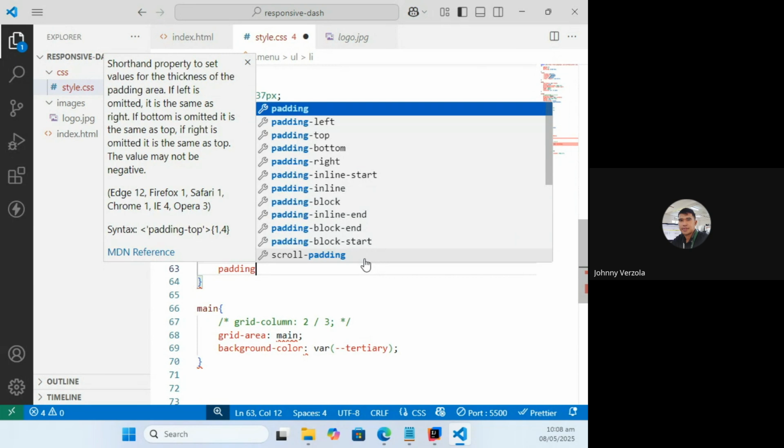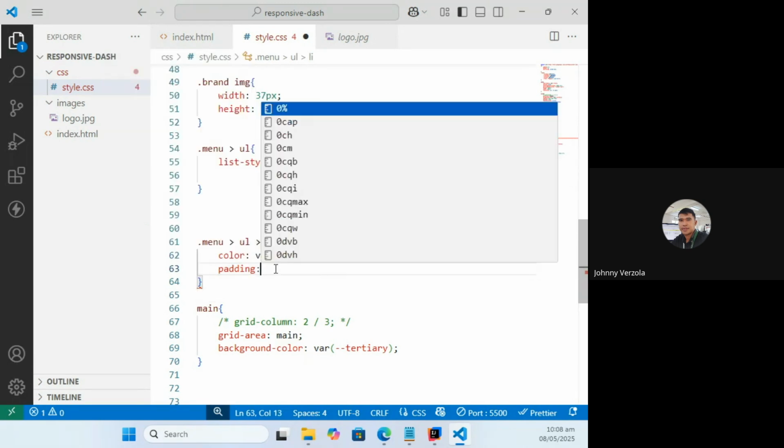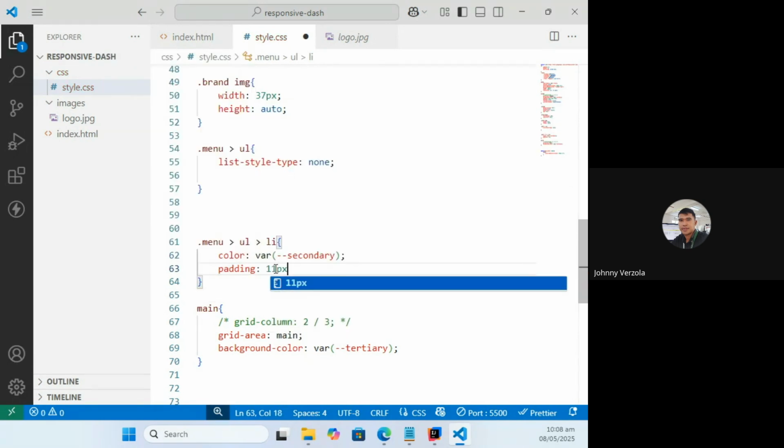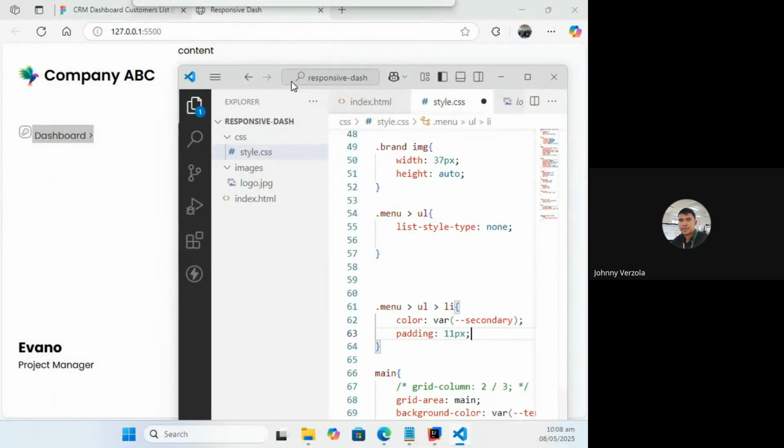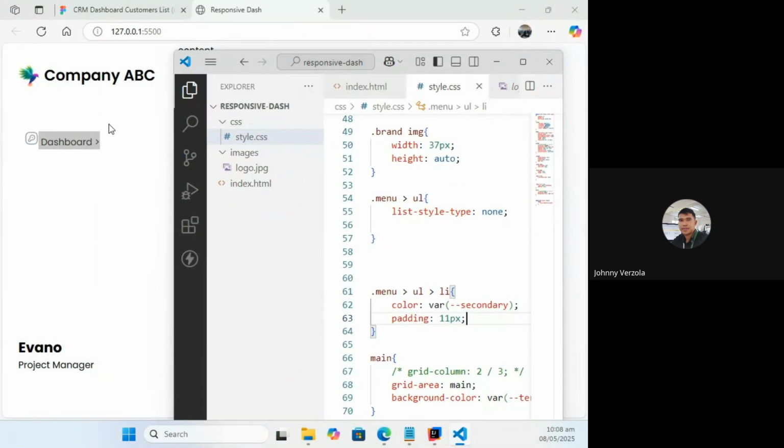Typically, the sizes, we do not make them variable unless we're going to change the overall layout, wherein even the width, sizes, distances will be affected. So, what I will do is I'm just going to set the padding. I'm just going to make it 11 pixels fixed, like that one. And you will see the effect of that. It's going to make the whole thing bigger.